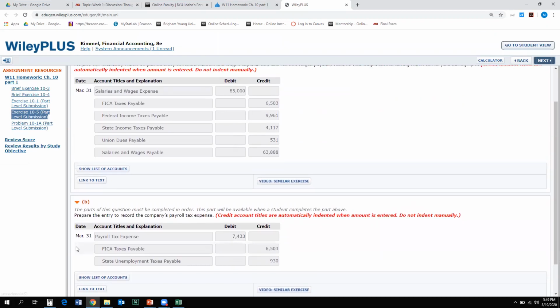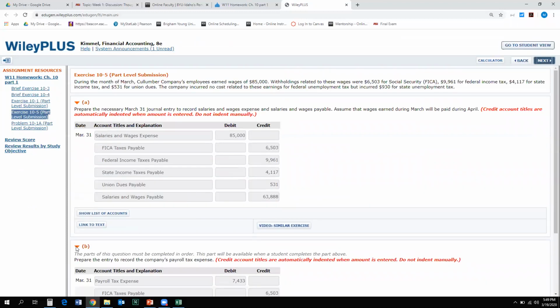So there's more on that. Yeah, there's two different things going on here. Okay. So I'm not sure. So the first thing, I have the salaries and wages expense. Then I have the FICA. I have the federal. There was no state. Let's see. There was state income tax payable. Salaries. So why? I guess what I'm asking, if I look at mine, is